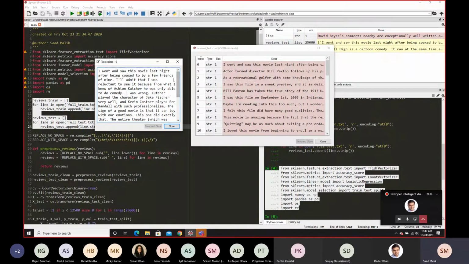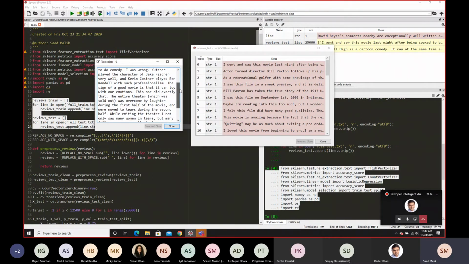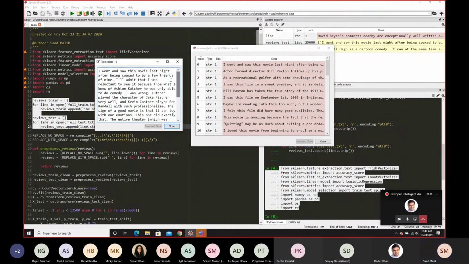So if you write, for example, let me find a word here. The word friends over here. If you have another word that's friends, but that's starting with a capital F, then to Python it won't make sense. I think those are different words. So it's important to lower them or upper them.